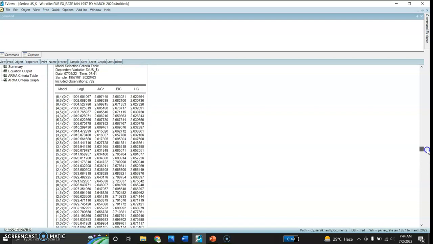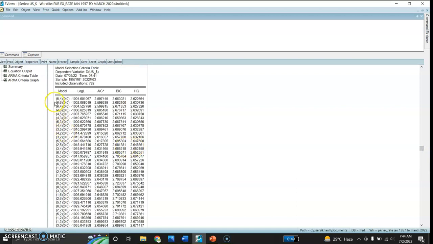These are the 49 models, and this is the best model that it has selected, that is 5-4. So 5 lags for autoregression, 4 lags for moving average, and these are the various criteria. And since we are using AIC information criteria for the selection, it has this asterisk, and this is the value of AIC information